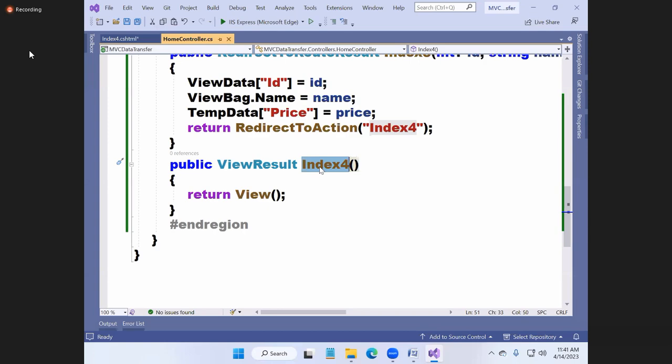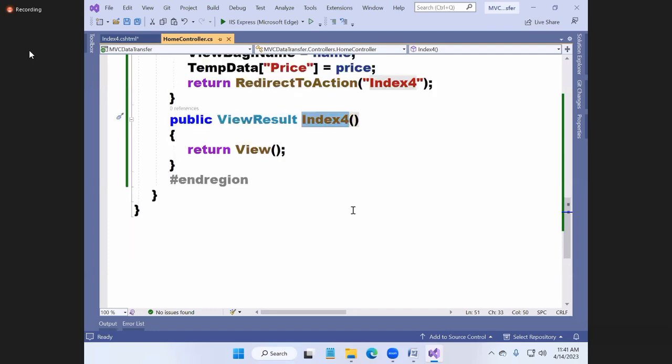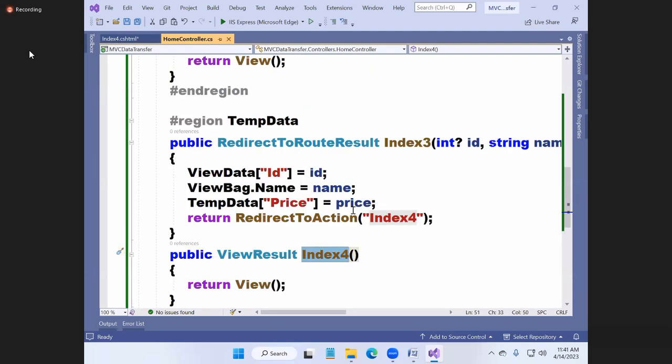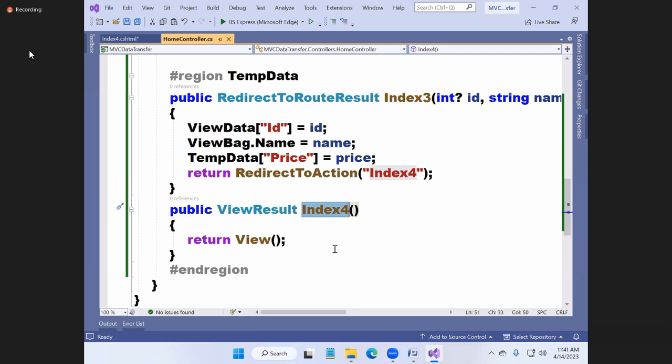And because it is going to be multiple requests, you can notice it here. The data basically will be carried between them. And to demonstrate, I showed you that ViewBag and ViewData will not carry the information. ViewData and ViewBag don't carry the information from one request to the other request.